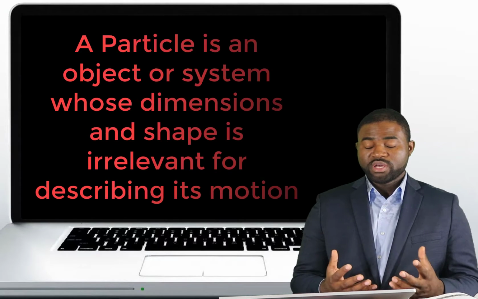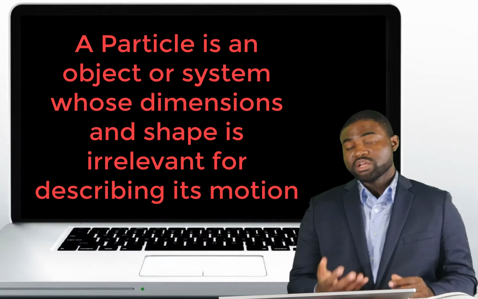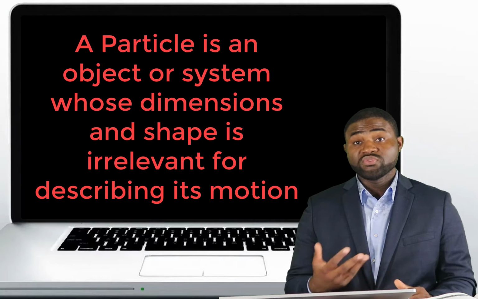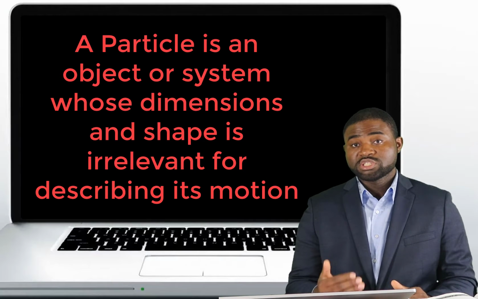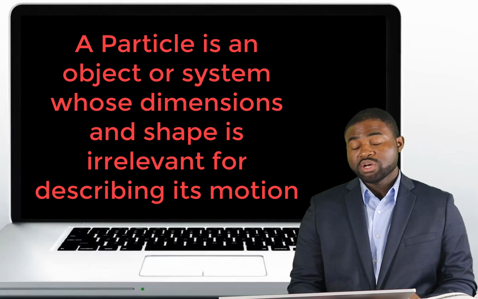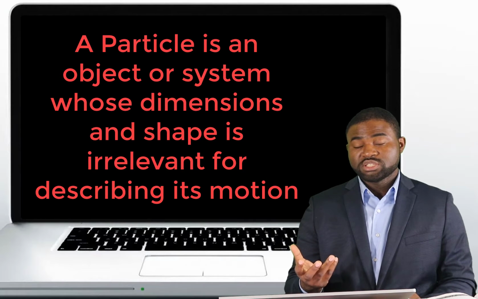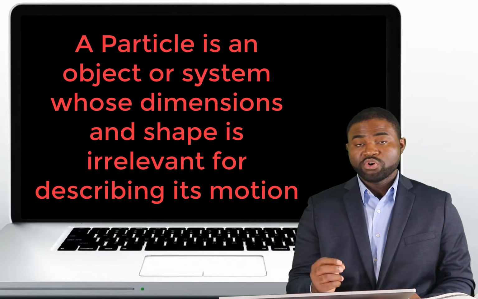We call that system a particle system. Let me put it this way. A particle is an object or a system whose dimensions and size is irrelevant for the description of the motion of that particular object. So when we reduce a system or an object to a single point, we call that